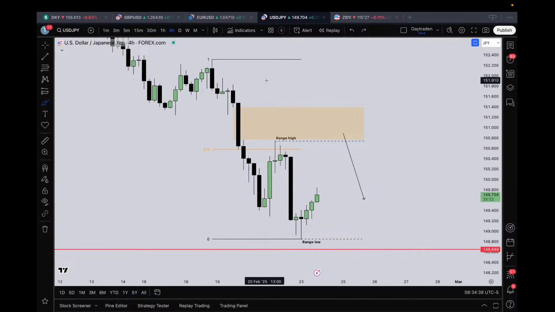Relatively the same chart as the others, of course. However, this is of course looking for shorts, the others are looking for longs, and maybe one is going to play out, the other is not. We of course never know that for sure. So yeah, that's actually the main things I'm going to be looking at for this week.